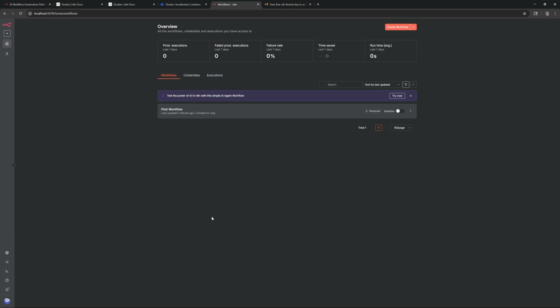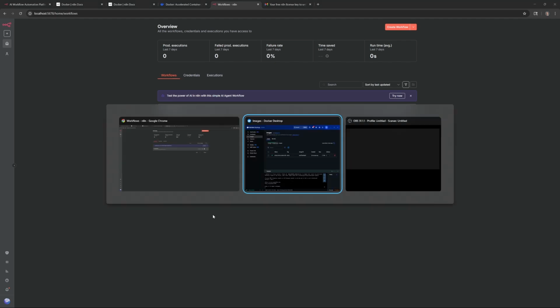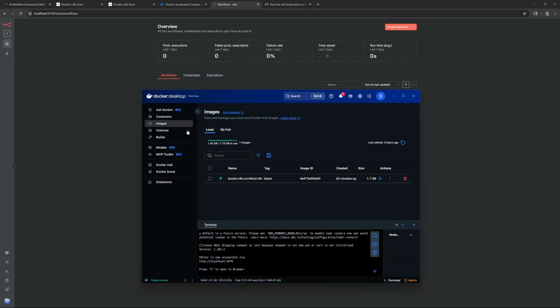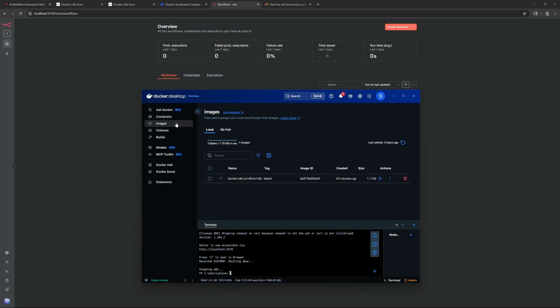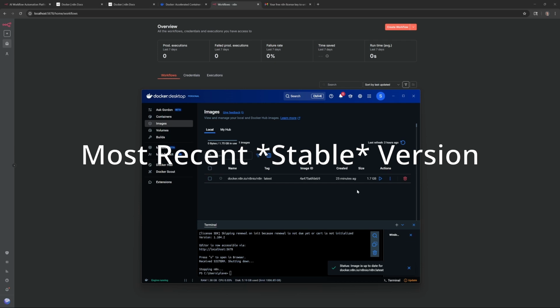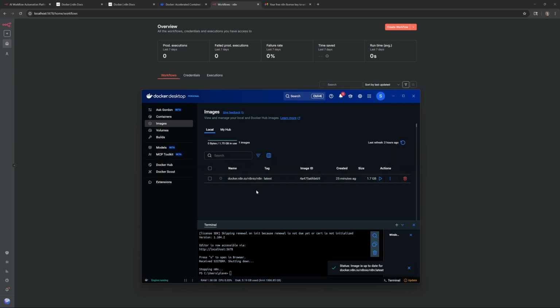But since we're doing it on a local host or your local computer, we need to do that in the Docker program. So again, we want to go back to Docker. We want to go to the containers and stop it. Okay. Now, since we have the most recent version, it's not going to download anything different, but if you click on these three dots, you want to choose Pull. And when you do that, it will automatically reach out and get the most recent version of the Docker N8N image. So that's how you can keep your locally hosted N8N updated, installed, and ready to go on your computer.